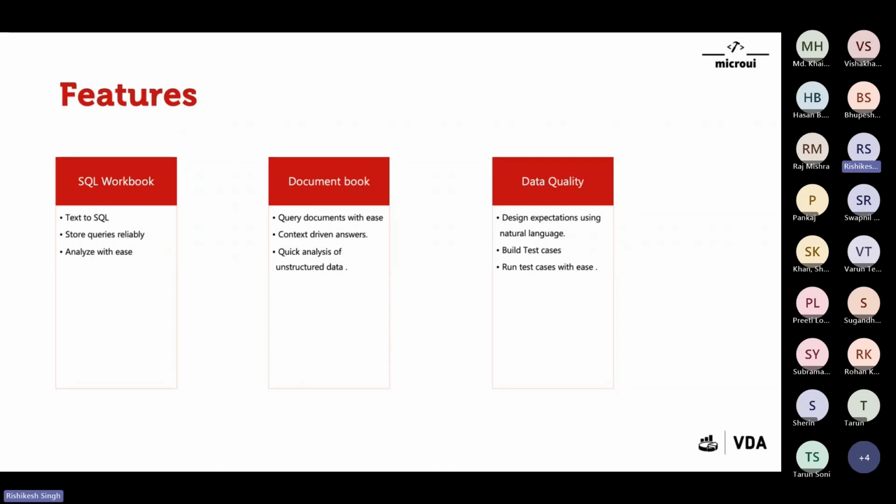Now, as a part of the virtual data assistant, we have come up with certain kinds of workbooks. What are workbooks? Workbooks are basically tool sets or features, giving some handy tools to our business analysts where they can perform certain activities with ease, which otherwise may take them a lot of time, or providing them a documentation method where they can document certain things. We have three kinds of workbooks: